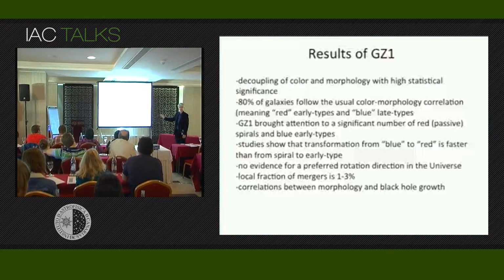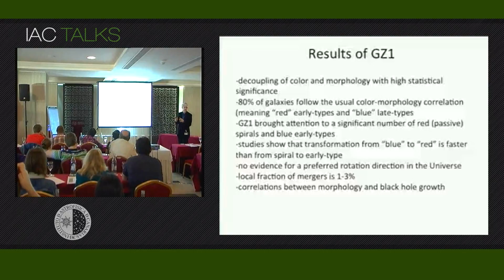The decoupling of color and morphology, and now they can say that 80% of galaxies follow their usual color morphology positions: red early types and blue late types. But now they could find the galaxies that would not follow their usual color positions. There's the possibility, looking at the green valley, that blue to red is faster than from spiral to